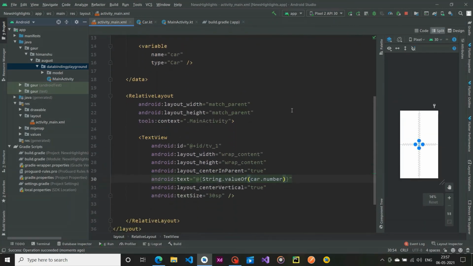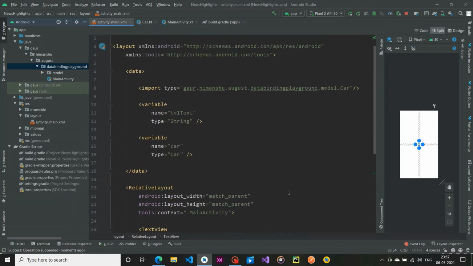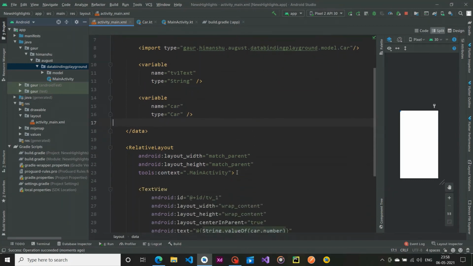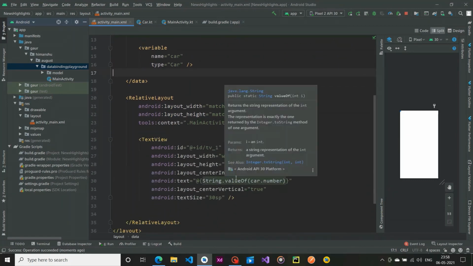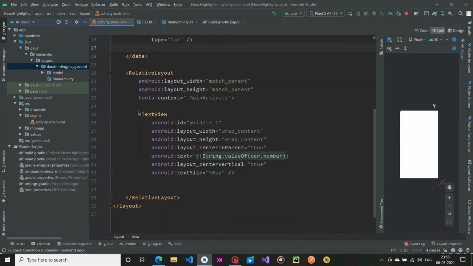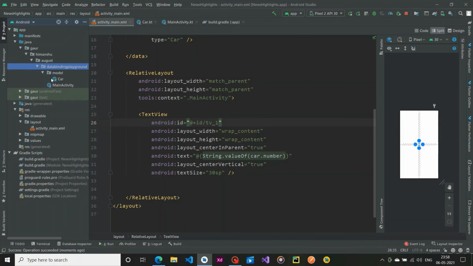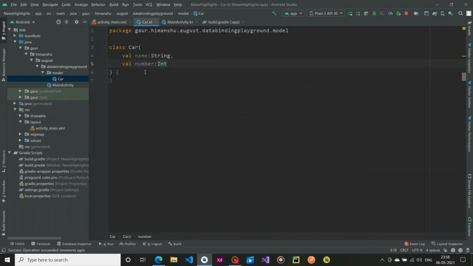So yep, this is a way using which you can use any kind of model class or custom class in our data binding layouts. So basically this is a very simple example. Now suppose you have a big model class and in that model class you have 15 to 20 parameters.